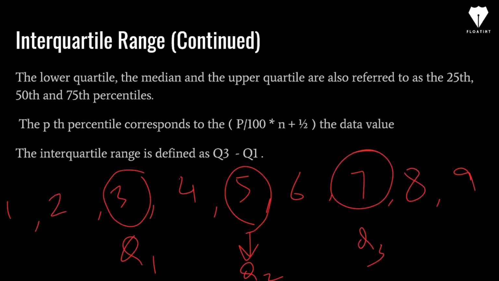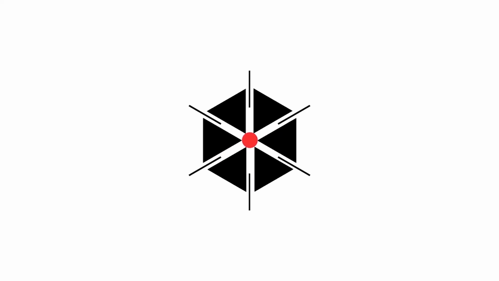And so how is interquartile range defined? So it is nothing but the value of Q3 minus Q1. So whatever is the value of Q3, whatever is the value of Q1, you just do Q3 minus Q1, and that will give you the interquartile range. So this is not influenced by outliers, because if I had, let's say, a value of 15 here, it would not have affected my Q3 minus Q1, right? So this is also a very good measure of spread of the data set.